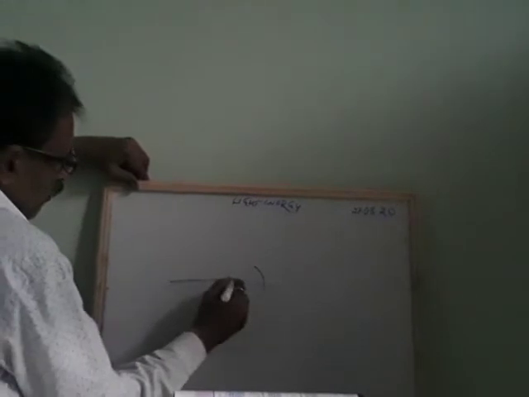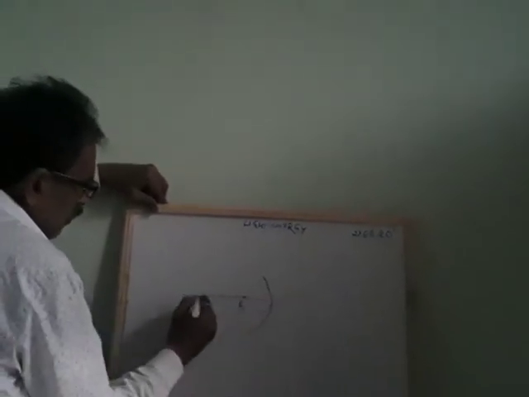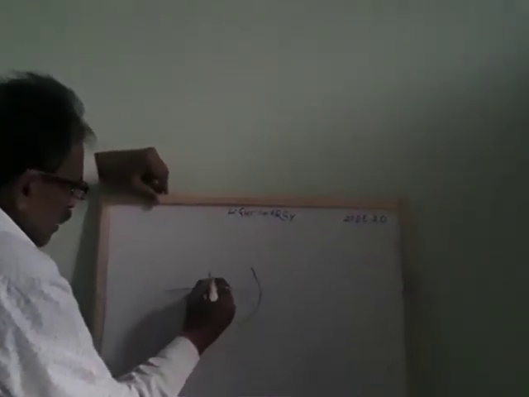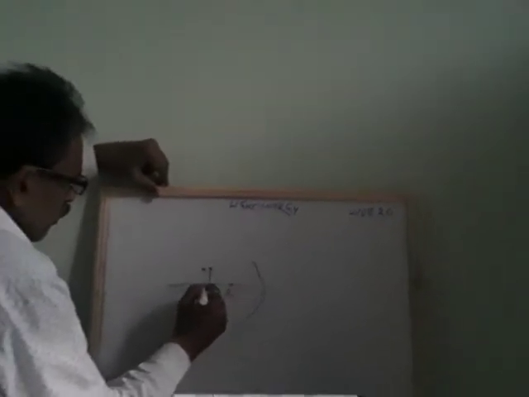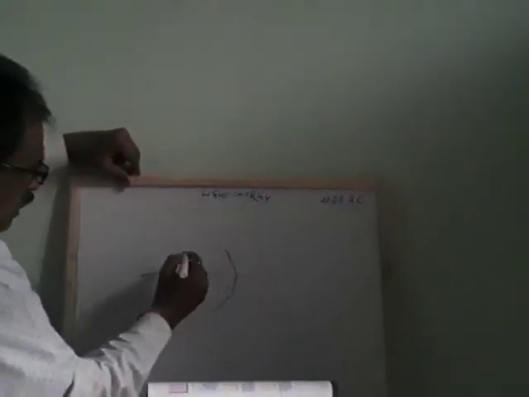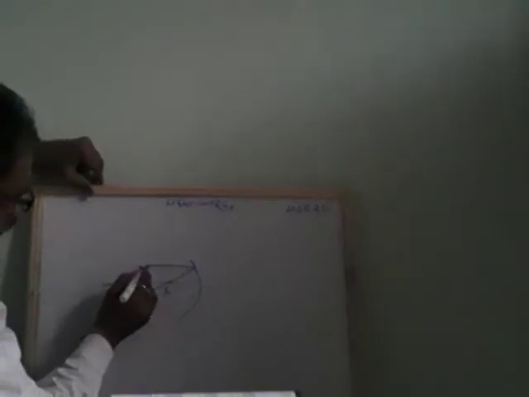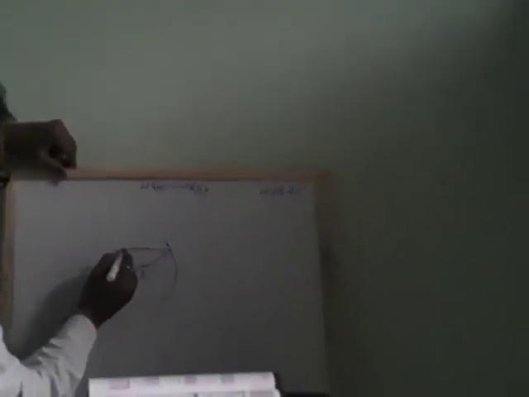Then when you keep the object between F and C, which means between the focal length and the center of curvature, okay. So we keep the object here. This is AB. So what happens here? Here it will pass through here and it will pass through the principal focus. And where they meet, that part becomes the image, and there is one more ray. This also will pass through the principal focus. So this ray passes and it will come back. So this part becomes A dash B dash.